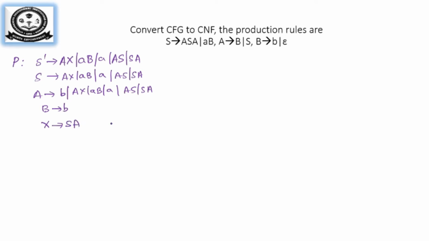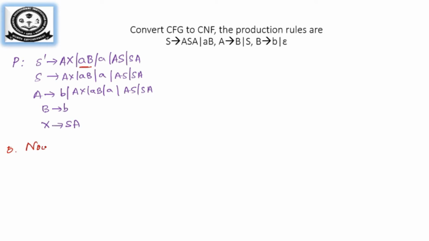So this is the final production rule after removing the productions that have more than two non-terminal symbols. You can see all the productions have only two non-terminals, but still a few forms are not in Chomsky normal form. For example, AB is not in Chomsky normal form. So the fifth step,